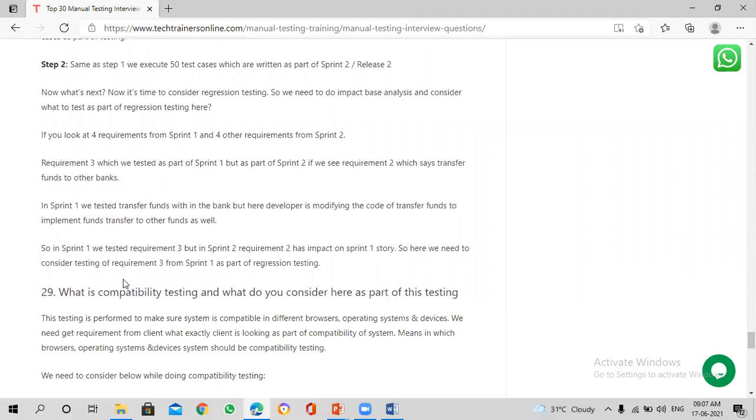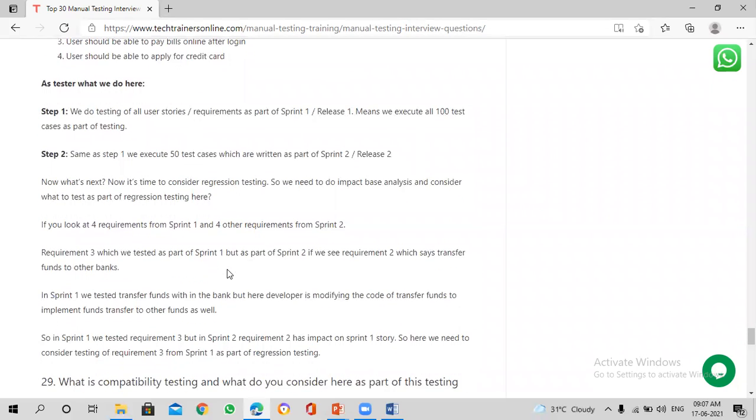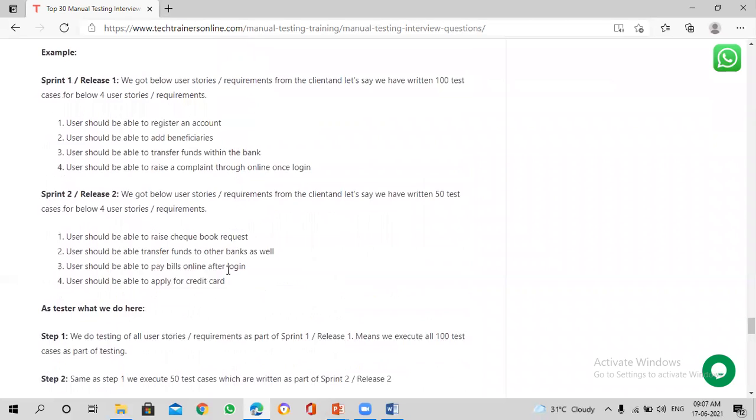So in Sprint 1, we tested requirement 3, but the Sprint 2 requirement has impact on the Sprint 1 story. So here we need to consider testing of requirement 3 from Sprint 1 as part of regression testing. Regression testing. Any questions?